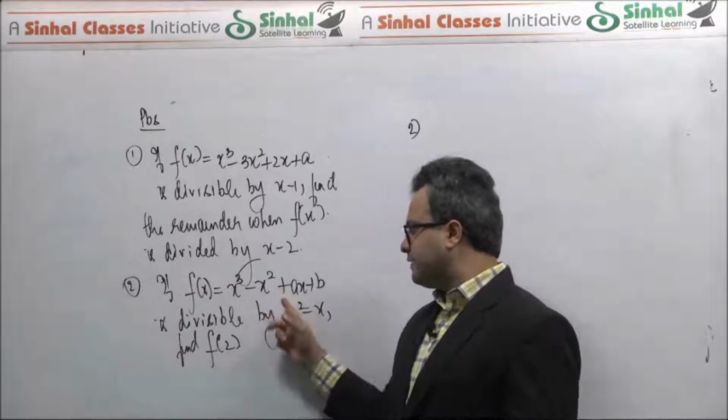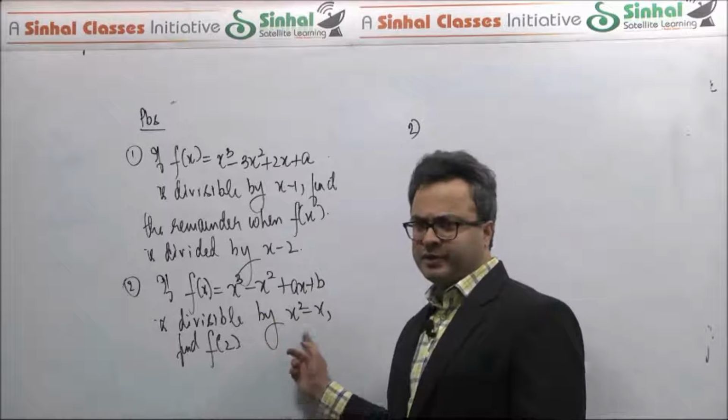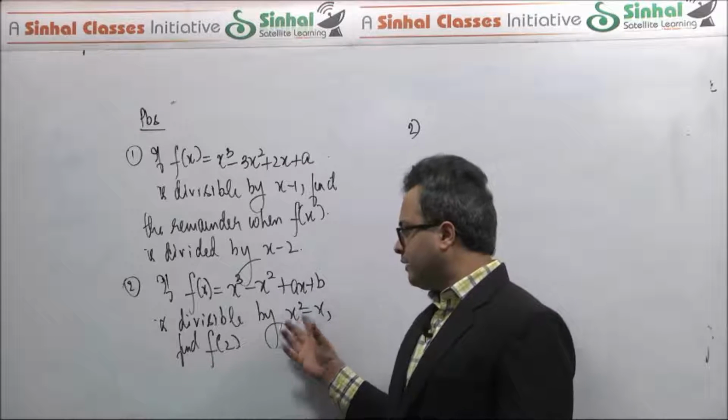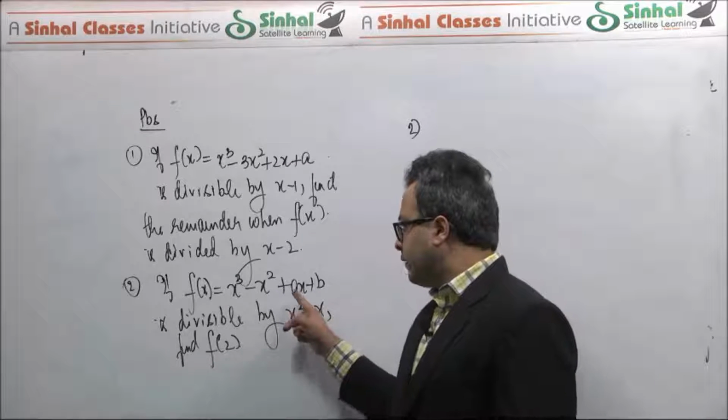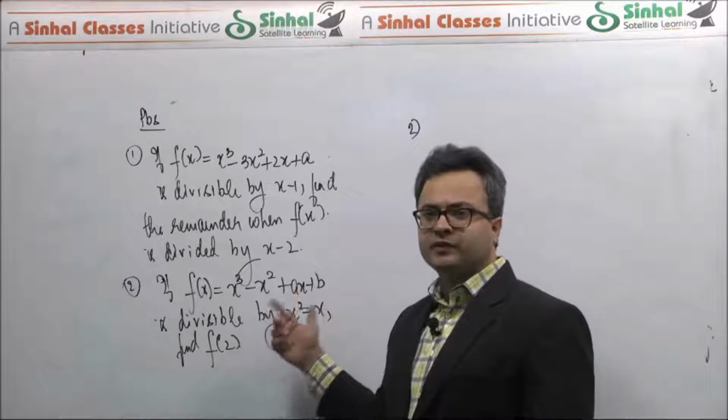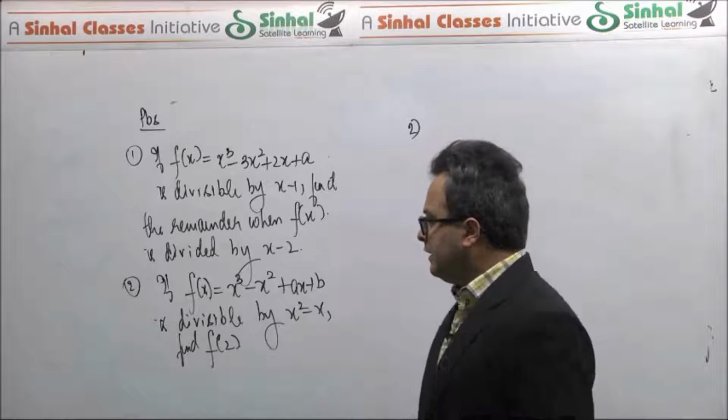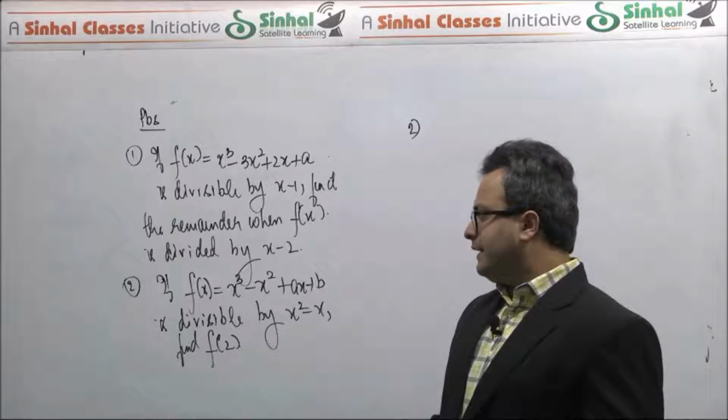We are saying that f of x is divisible by a quadratic expression x square minus x. So it's important to understand how this information can be used, because now there are two unknowns a and b, so we will effectively need two conditions. So the only important thing to realize in the second question is that